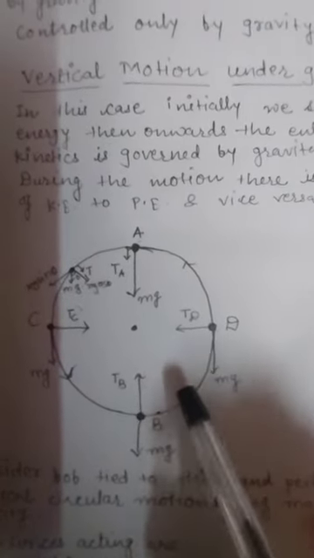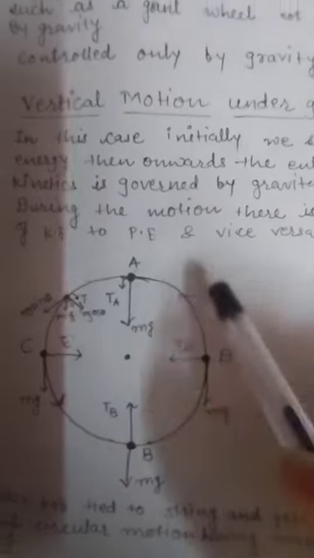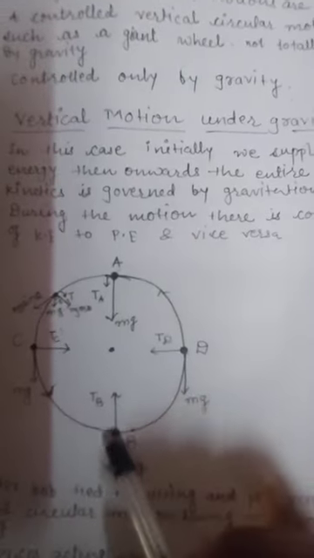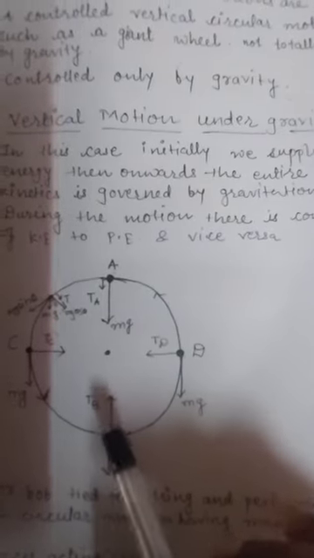So that the bob could perform the motion again from B to A, this speed vb, under root 5rg, will help the bob to go again from B to A. That much speed the bob should have at the lowest position B, and it is equal to under root 5rg.